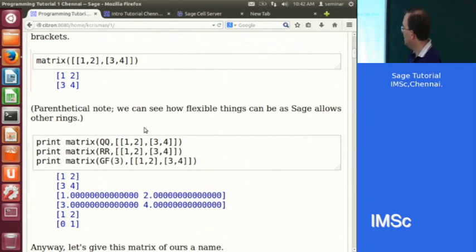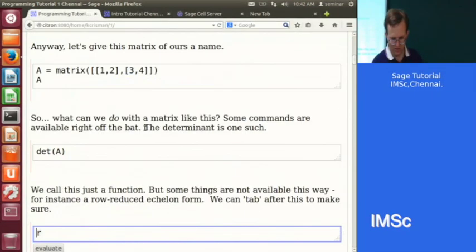And in fact, if you checked what the 0 was, it won't be 0. It'll be the identity element of the field of 3 elements. Okay? It's going to know the right thing to do. So that's not really programming, that's just math, but it's useful to know that as we go through. This print statement is also kind of useful, but we won't use it a lot. Okay, so anyway,